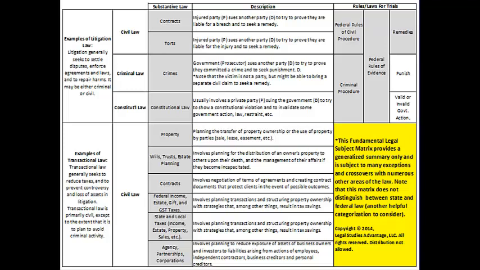Here's a long column, Federal Rules of Evidence. Of course, each state also may have various rules of evidence. The important thing here is that you'll probably take a Federal Rules of Evidence course in law school. The principles of evidence will apply to virtually every case in court. I want you to note as well that while the Federal Rules of Evidence will apply in a federal court